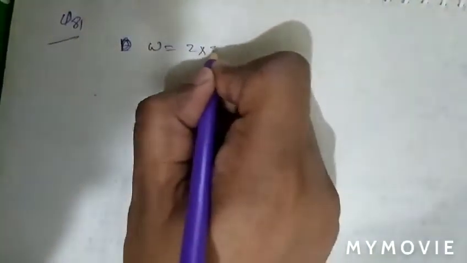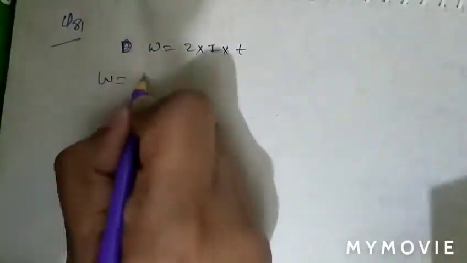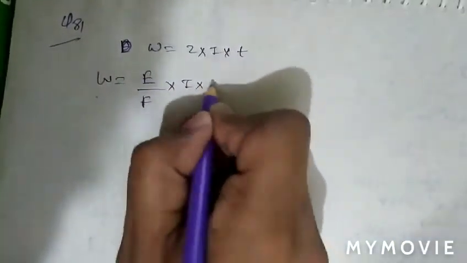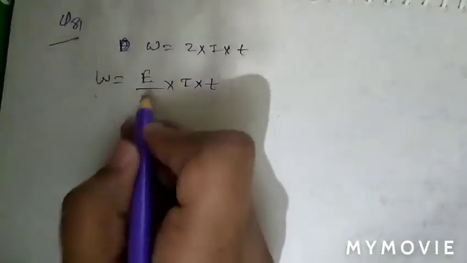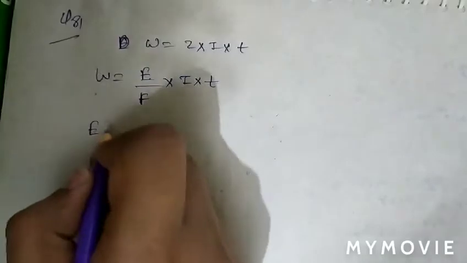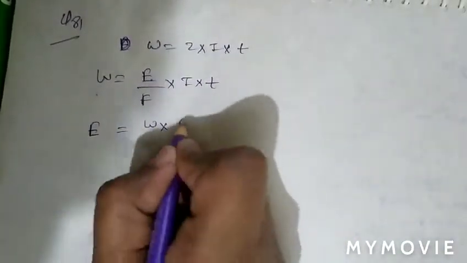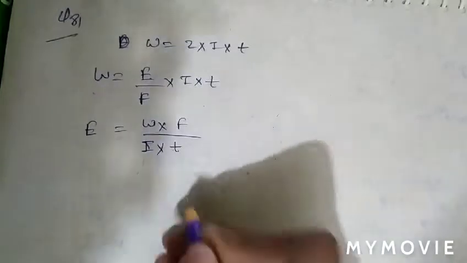In question number 81, what is given there? The question is when a current of 2 ampere is passed through for 5 hours. As we know, the equivalent weight is... the question is simple, W equal to Z into I into T according to Faraday's first law. So W will be E by F into I into T. Also we can say equivalent weight will be W into F divided by I into T.